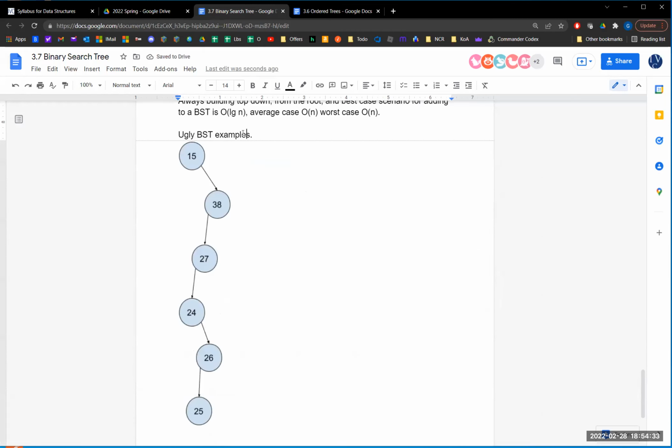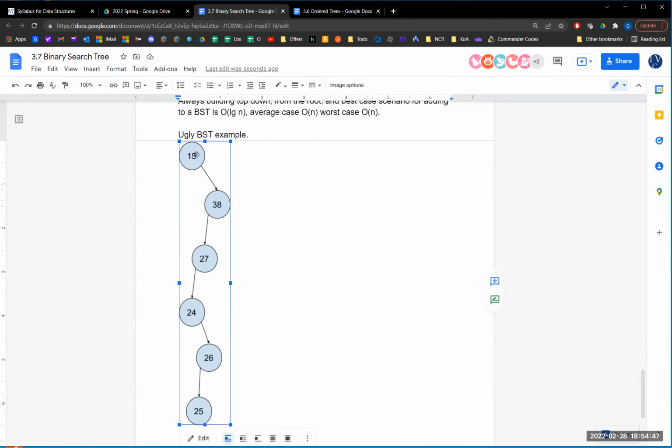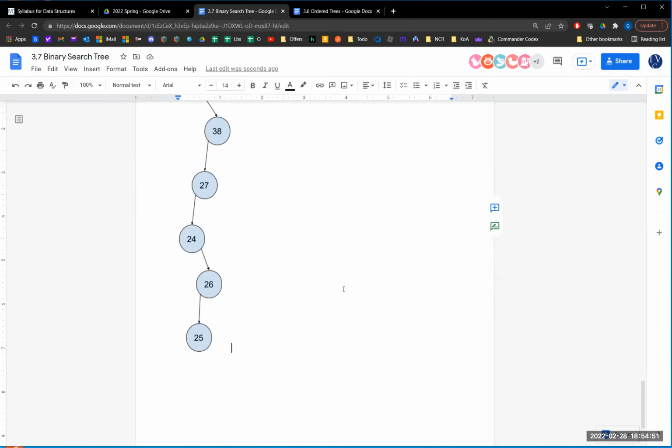Yeah, one example is good enough. There's lots of ways you can make an ugly binary search tree, but still a binary search tree. If I want to find 24, I can find it. If I want to find 2, I can tell you it's not there. It comes to the root, go left, we hit the dead end, so it's not there. So searching